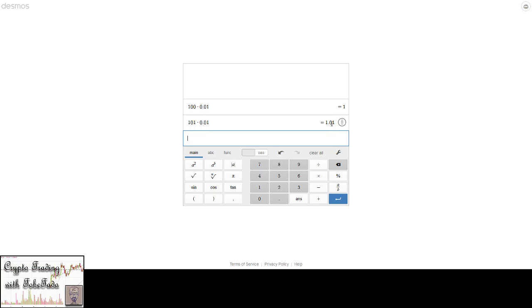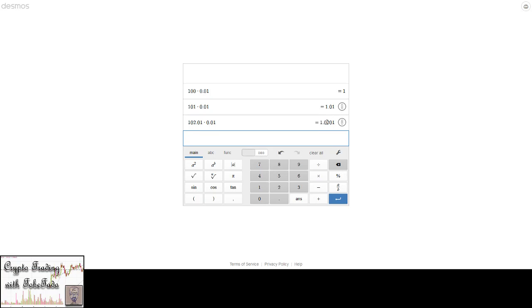And then again, you feed this into your initial amount, which is added by the previous amount of $1, so you get 102.01. And then again, you multiply this by 1%, and you get